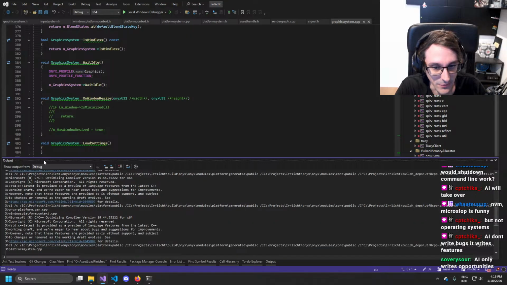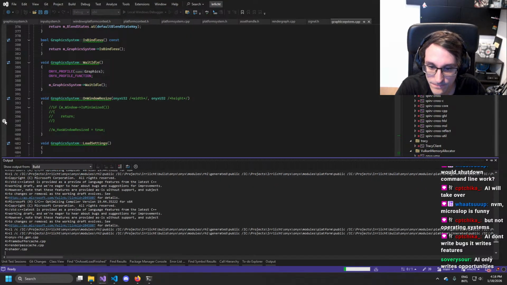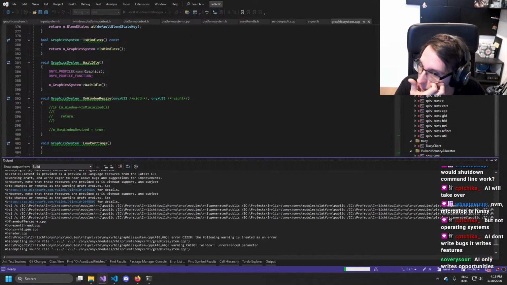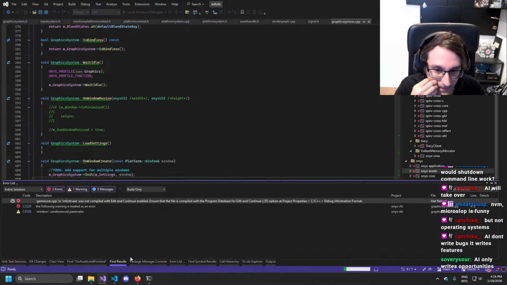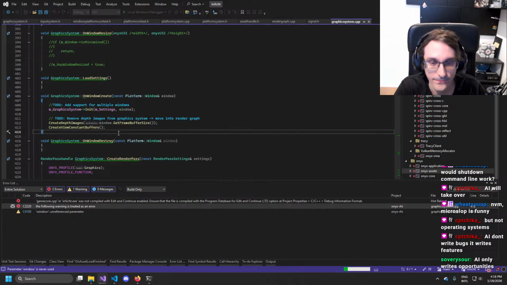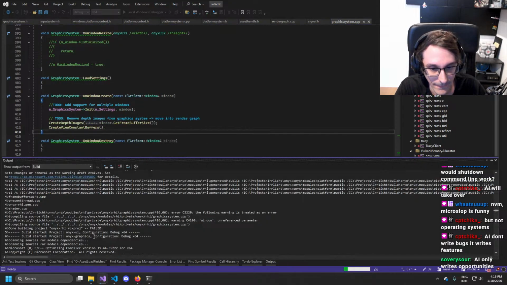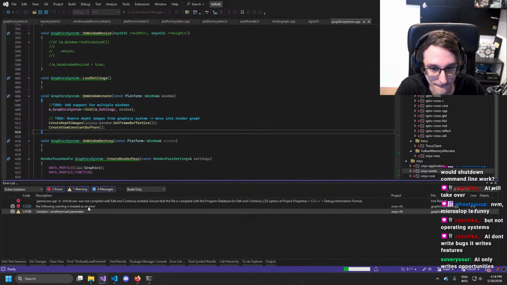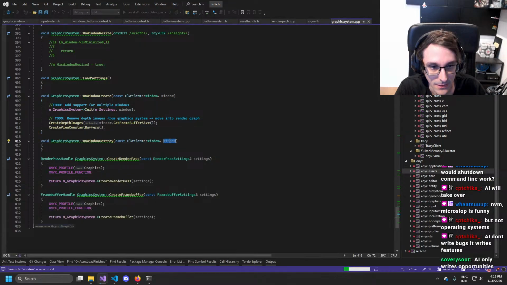And probably the same with the view buffer. Although that one is a little bit more common. Oh well, and the destroy we don't do anything for now.